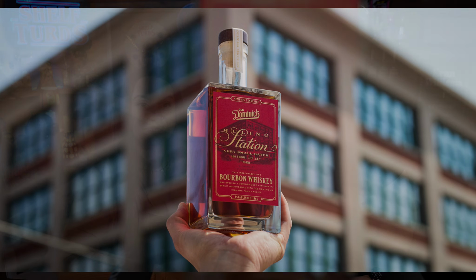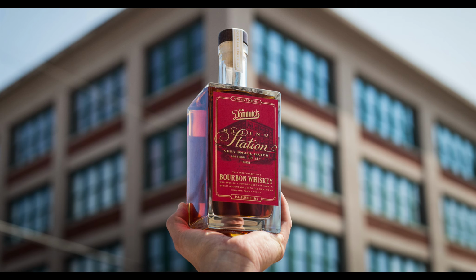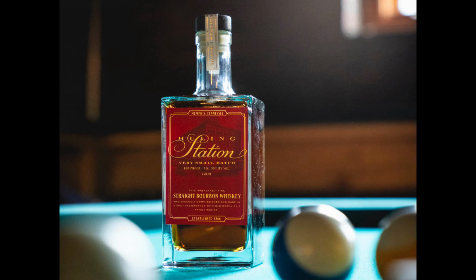Last but certainly not least, on our list of $35 or less bourbons and whiskeys that we truly enjoy, that we think are well worth the money, that we're recommending that you buy, is a little unknown bottle that we've talked about once or twice before. It's Heaven Station Small Batch 100 proof. This is actually MGP distillate. It's an extremely high rye, 52% corn, 44% rye, 4% malted barley, aged at least 4 years in the great state of Tennessee. That's where it's been aging. And this thing is